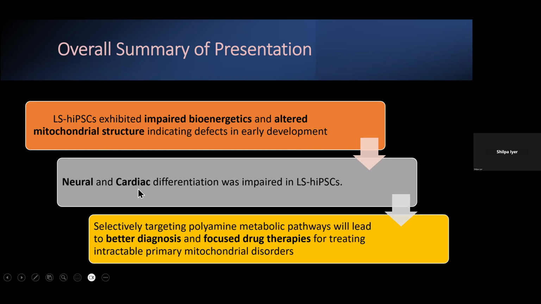The neuronal and cardiac differentiation was impaired, but neuronal could be manipulated by different inhibitors, whereas cardiac did show direct effects by 30 days, with either an increase or decrease in beat frequency. And now if you're looking at drug repurposing or different drugs, where we are heading is we are trying to target the polyamine metabolic pathways, which will lead to better diagnosis and focused drug therapies for